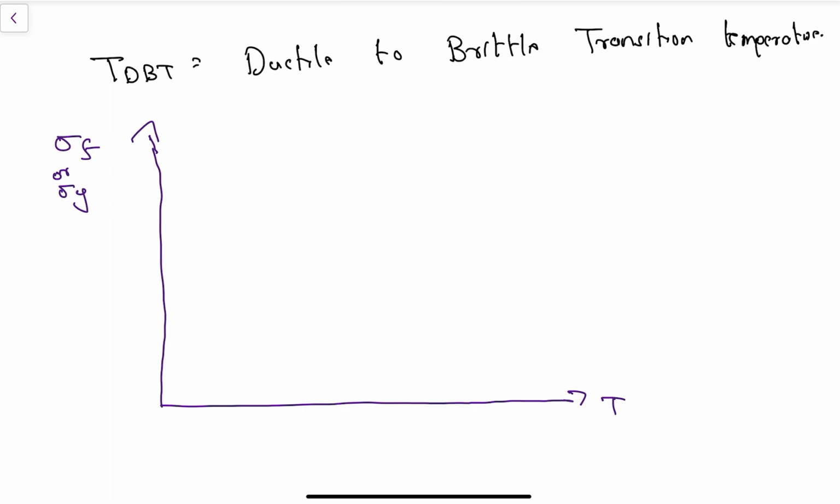So we have already drawn the fracture stress. Let us show that the fracture stress will vary like this, that is sigma f, the fracture stress. What is the relationship with the temperature? You can see that as temperature decreases,